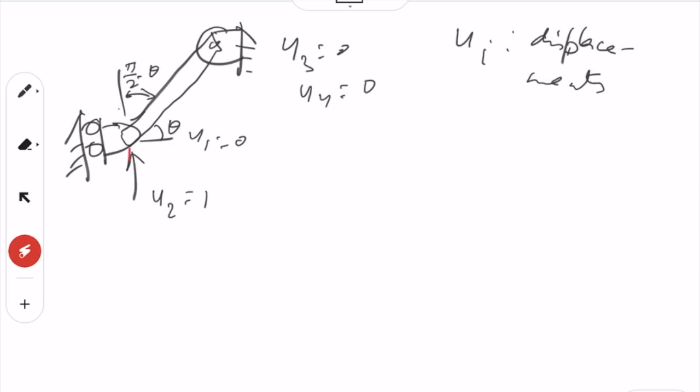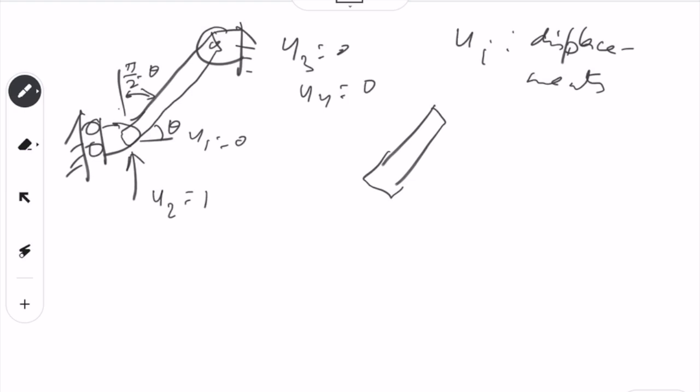If you are moving this way, the component of this displacement along this one will be u1 multiplied by cos of pi over 2 minus theta, so it becomes sin theta. So what you see is sin becomes cos, and cos becomes sin, meaning that in this case the value of the force becomes